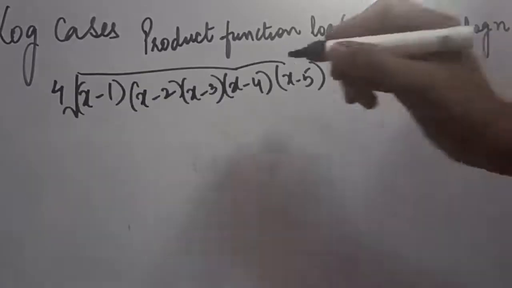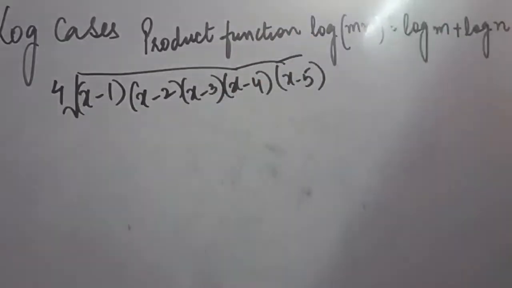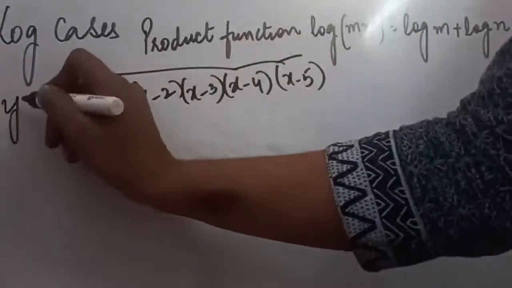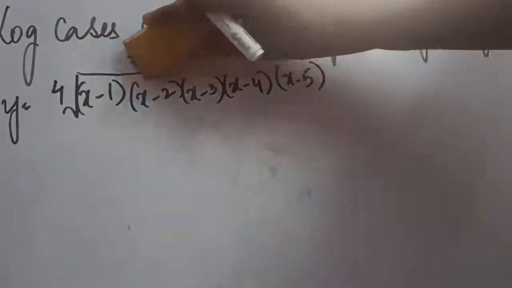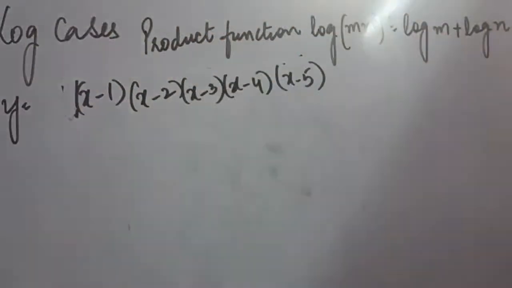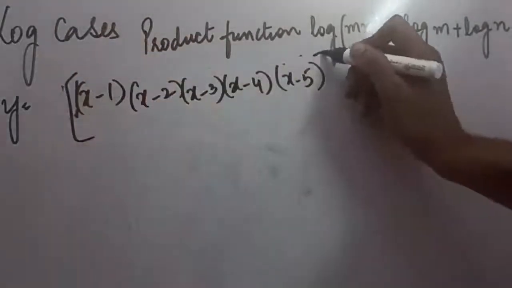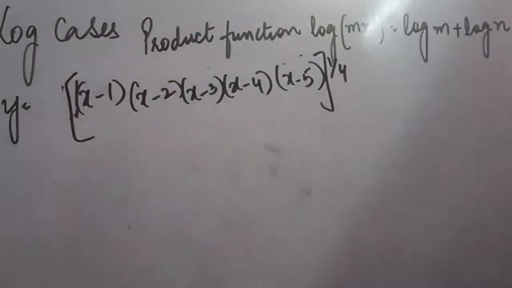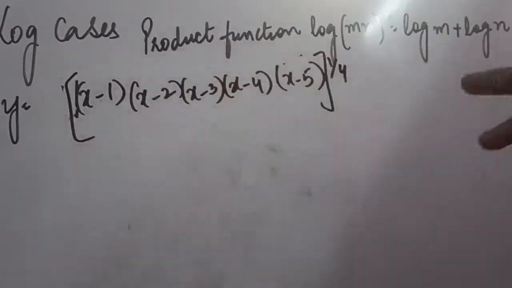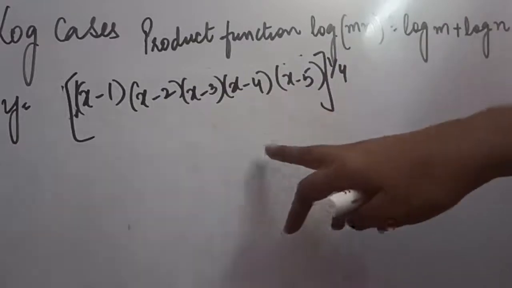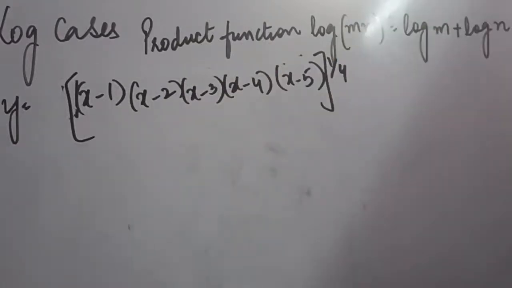So if this is the question and you have been told to solve it with the log, what you can do is put it equal to y. Another thing we can do is, it's having the 4th root, so we can just delete this and put the entire thing to the power 1 upon 4. In case of a root we can put half, and in case of the 4th root we will have to put 1 upon 4. So now if we want to apply the log over here, we will be taking log on both the sides.